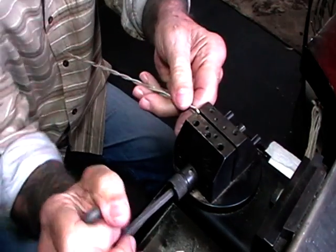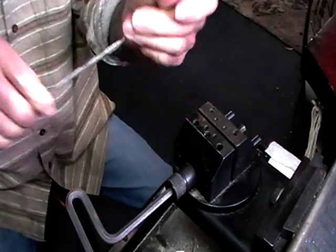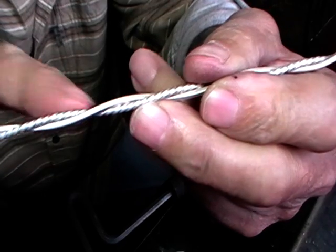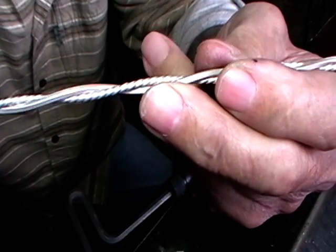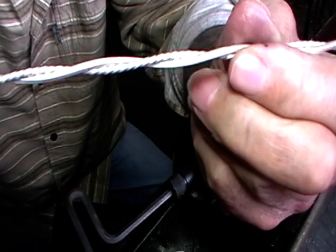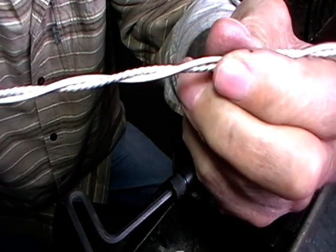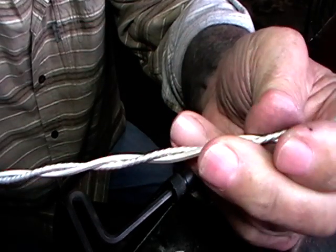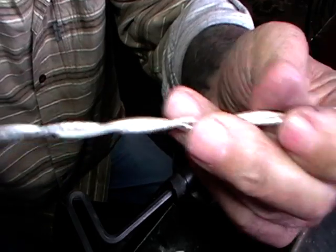So now you can see the reasoning behind this. What we have now is a piece of square wire going through our twisted wire, and the square wire doesn't look like it's twisted at all. So that's the trick. Now, because all of this is work hardened from our twisting, we need to anneal it, cut it to length,